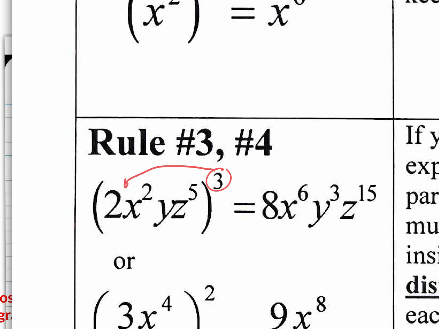It'll become 2 to the 3rd, which later becomes 8 because 2 times 2 times 2 is 8. The 3 gets distributed to that and it becomes x to the 6th, as you see here. 3 gets distributed to the y to the 1 and it becomes y to the 3rd. 3 gets distributed to the 5, becomes z to the 15th. So I call it the distribution rule, right? Whenever you have a monomial with parentheses, with an exponent on the outside, you distribute it to each and every